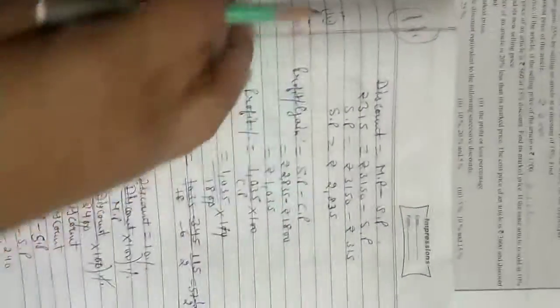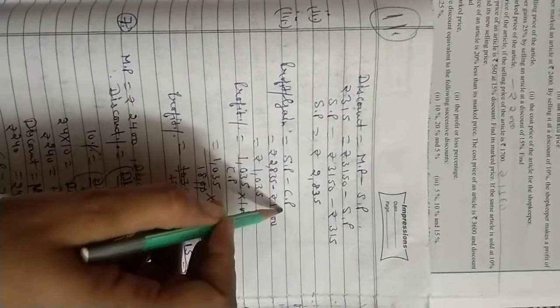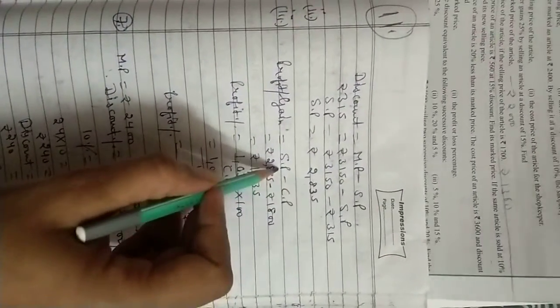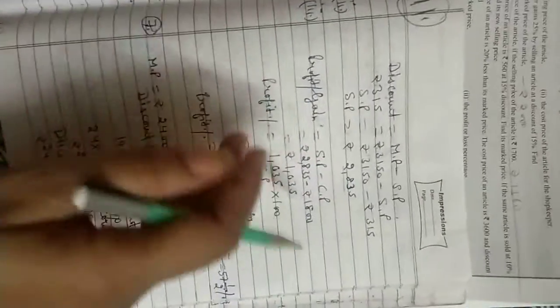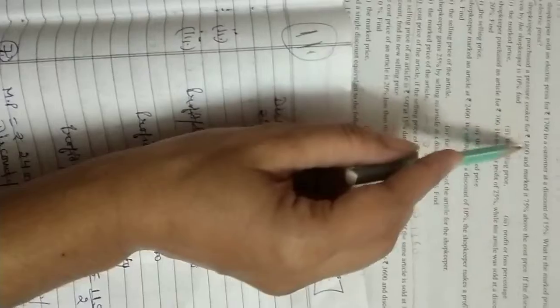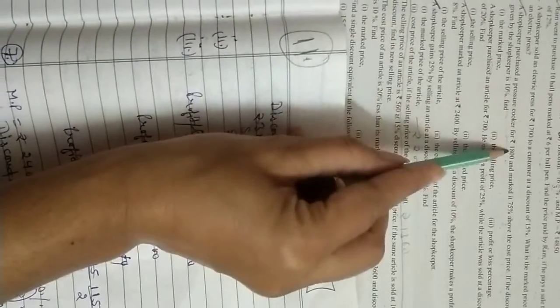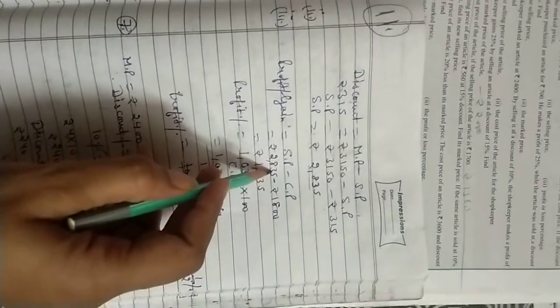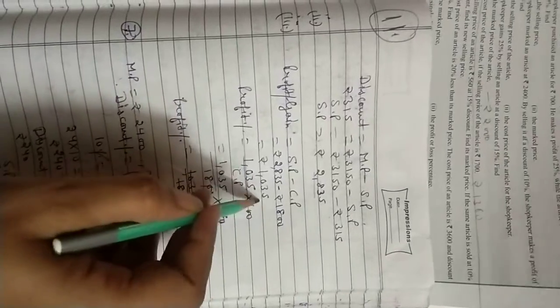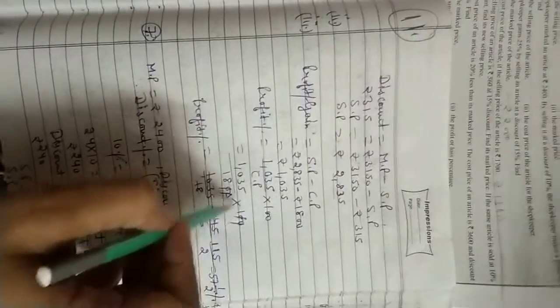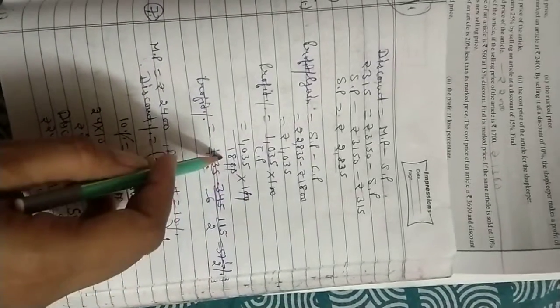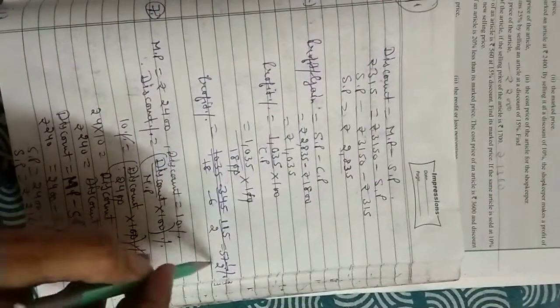Next is the third part. What do we find? Profit or loss percentage. Profit means SP minus CP. You have to see what SP is. SP is this one, and CP is 1800, as seen earlier, given in the question. So SP 2835 minus 1800 is 1035. Profit is 1035 upon CP, and CP is 1800, multiplied by 100. Then the zeros cut, and further cutting is possible, and this is your answer.